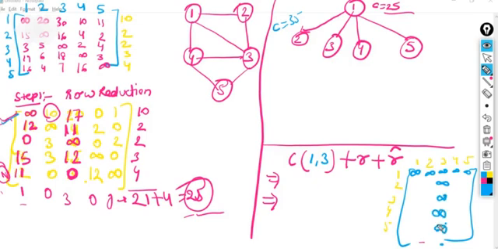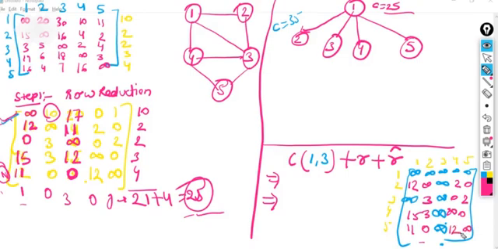right? And one more thing we have to make infinity: 3 to 1 will also be infinity, and whatever is left, everything is the same as the original value. So infinity, it's 2, it's 0, it's 0, 0, 3, 15, 11, it's again 3, 0, it's infinity, it's 0, infinity, and 12.